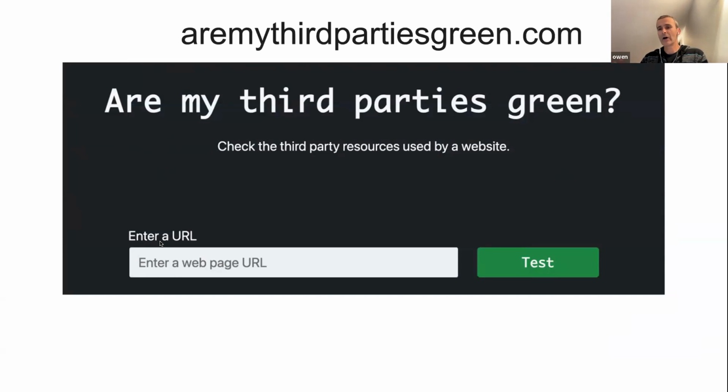Other services that you can check out. So you might want to consider not just the resources that I'm responsible for, but what about the third-party services that I'm connecting to, third-party resources I'm loading on my app, whether that be analytics script includes, or ad beacons, or whatever else is going on on my website. I want to know whether or not they are also hosted in an eco-friendly data center. So this is a tool that can answer that question.